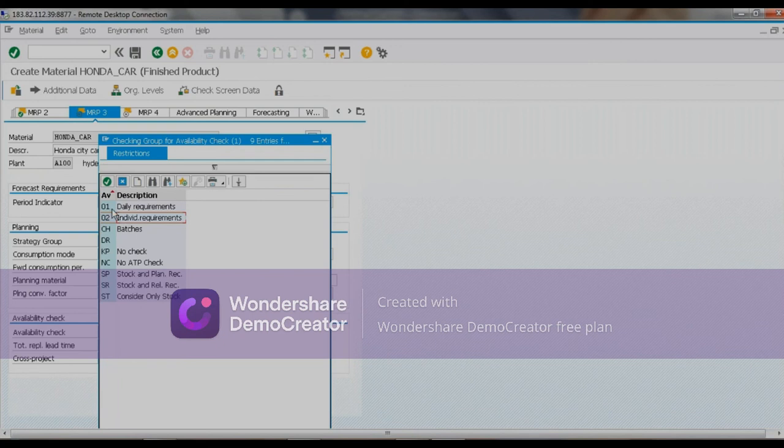We have another setting, daily requirement. Daily requirement means on the day, what orders are there, all orders together, the system will check whether stock is there or not. That means today you need to deliver 10 sales orders, with a total quantity of, for example, 100. So the system will check whether 100 cars are available or not. That is called the daily requirement. On a particular day, what the total orders are and how much quantity is required, the system will check everything.